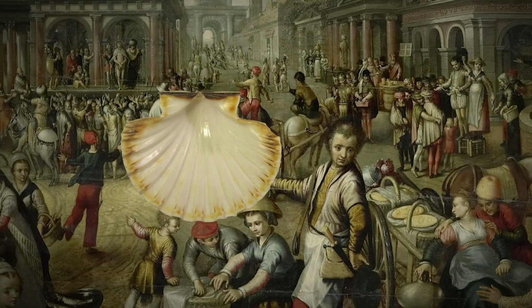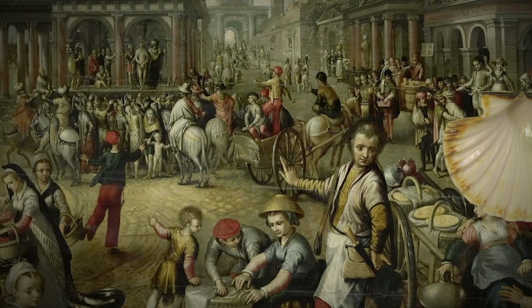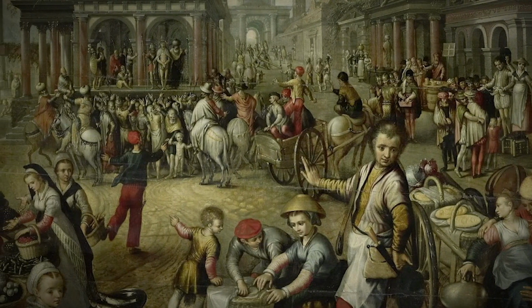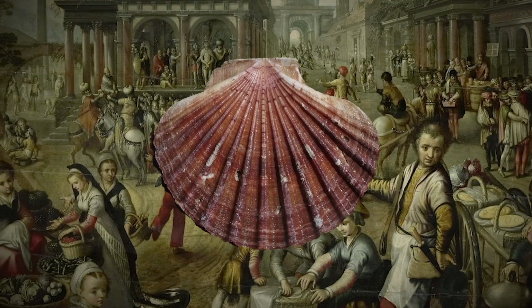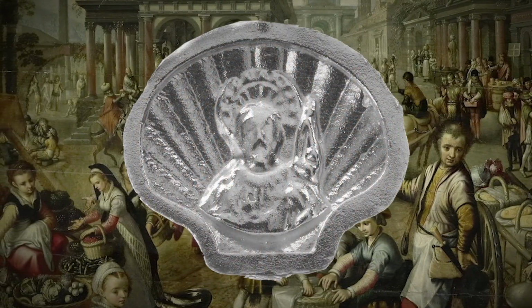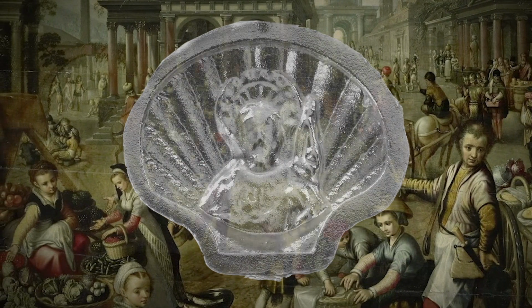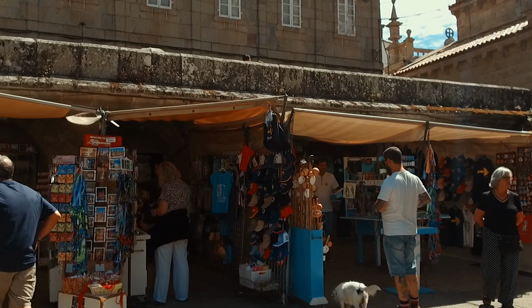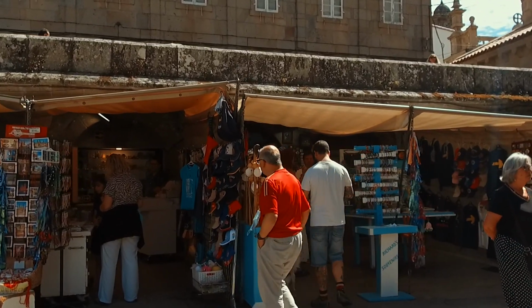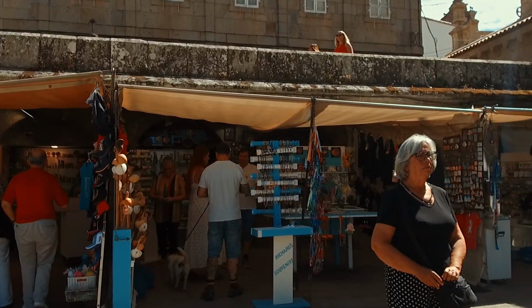The shell was the most sought-after object for pilgrims. It was a symbol of a successfully concluded pilgrimage and an emblem protecting them on the way back home, whether natural scallop shells or tin, lead, and silver replicas. Their demand was such that a falsification industry soon originated along the way. Aside from the strict monopoly of the Compostela Guild in the Archbishopric,